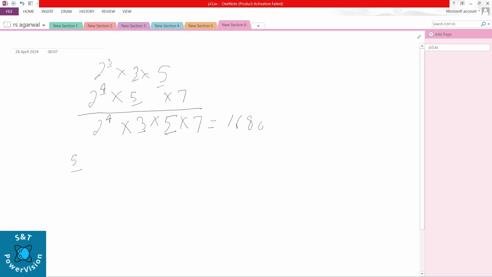Now fifth: HCF of two numbers is 27, and LCM is 162. If one of the numbers is 54, what is the other? So we'll say 27 into 162 is the product of the numbers, 54 into B. We'll take that formula here: 27 into 6, so B is equal to 81. Like that you have to do the calculation quickly to save time.